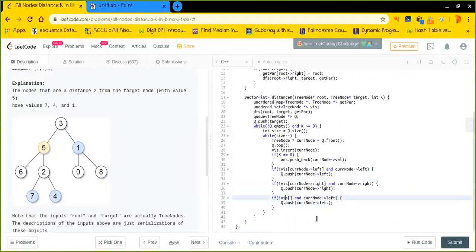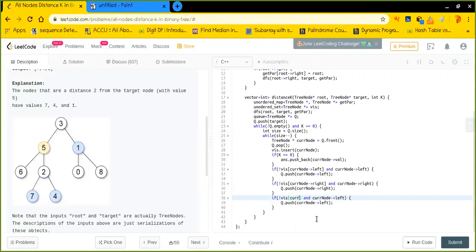But this should be checked properly, because it can happen that I am again trying to insert the same parent which has already been visited.